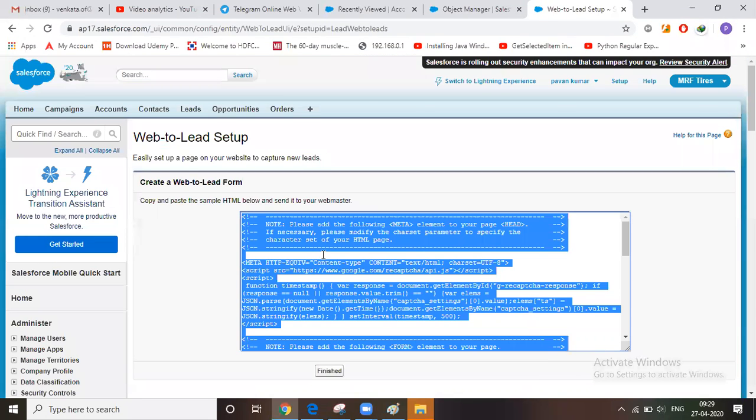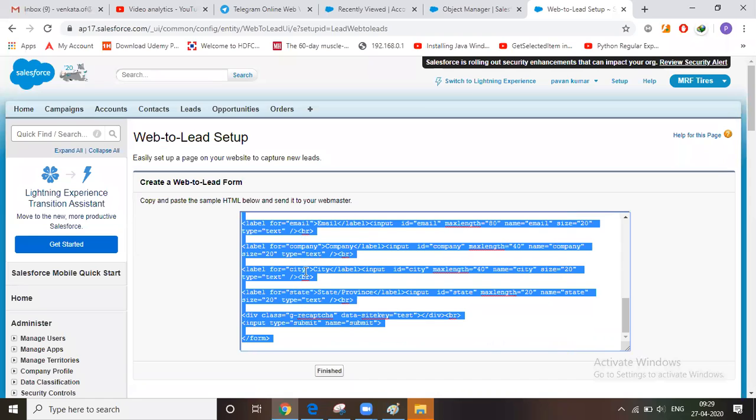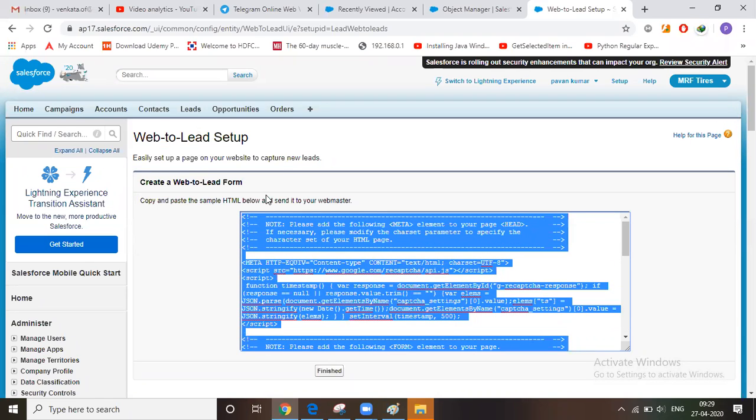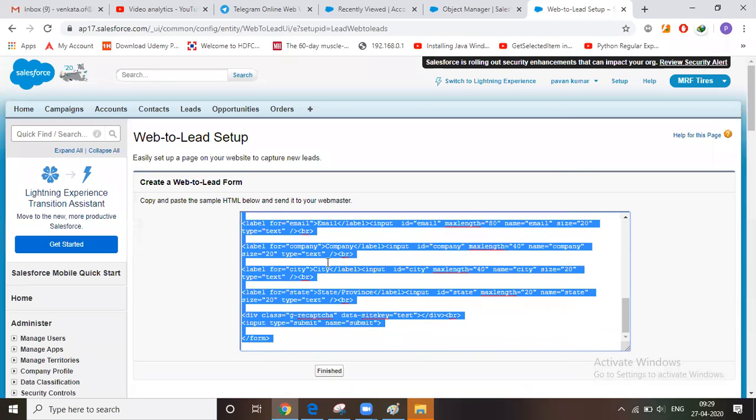So this is the HTML code generated by this web to lead config, web to lead setup. This HTML code we have to give to the web developer, our company's website developer.